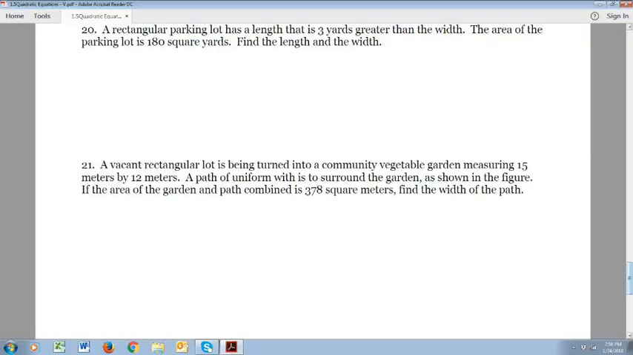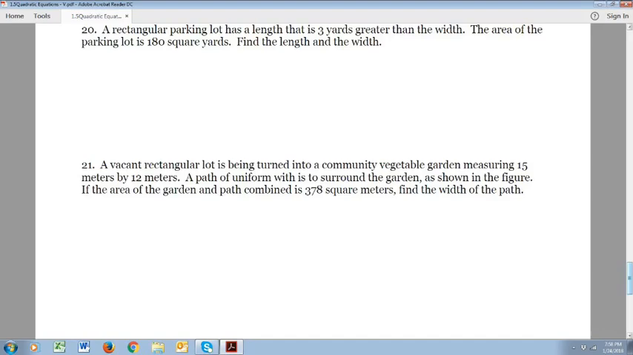Alright, in this video I'm going to look at applications of quadratic equations. We've solved several quadratic equations in this section, and so now we're going to do a couple of applications. Number 20 and number 22 are the two that I expect everybody to be able to do. Number 21,